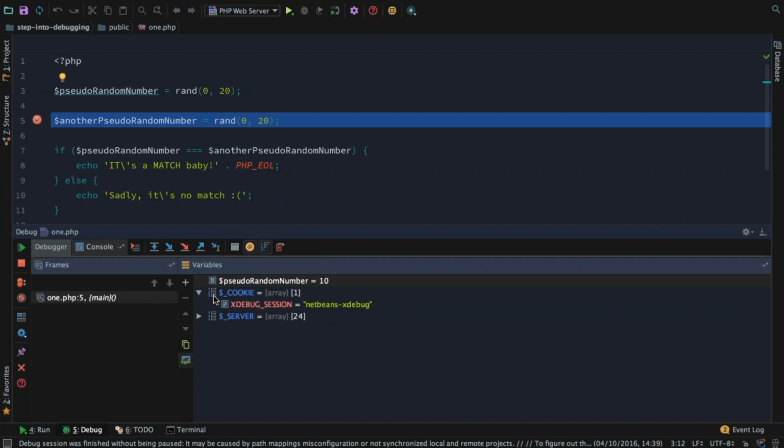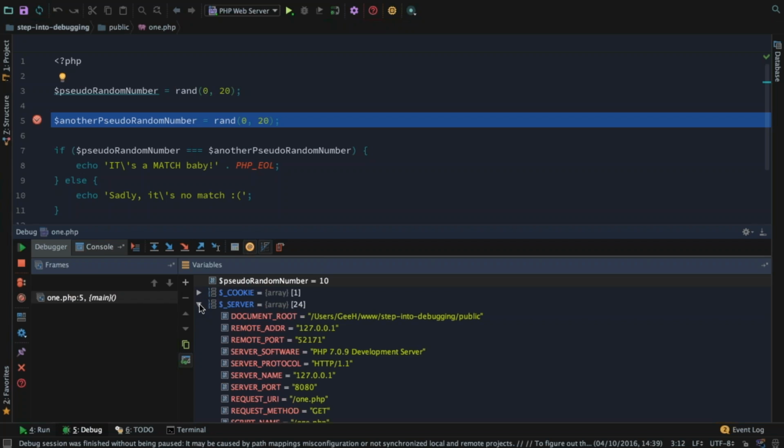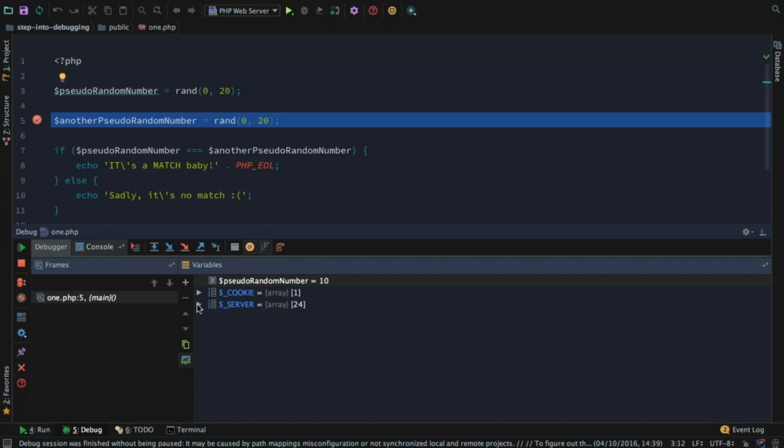The cookie that was being set by our browser extension, and notice that it's not even set in an IDE key that refers to the IDE we're using, because PhpStorm doesn't care about that stuff. And we've got our server variables, which are also in globals. So basically, that's the simplest introduction to debugging I can give you. We've enabled Xdebug, we've listened to debugging connections, and we've sent the cookie, and everything just hands back to